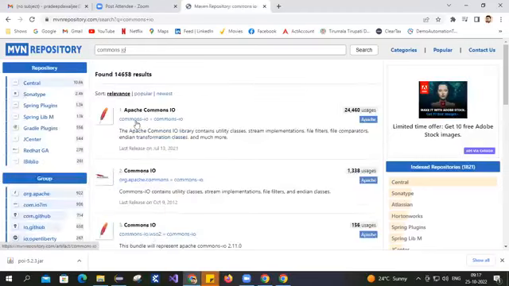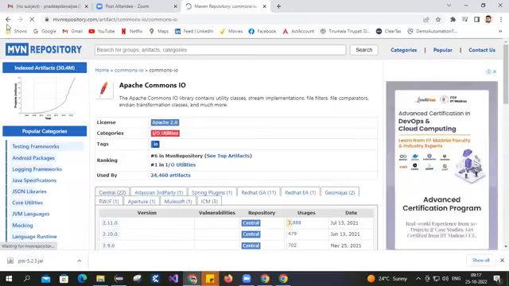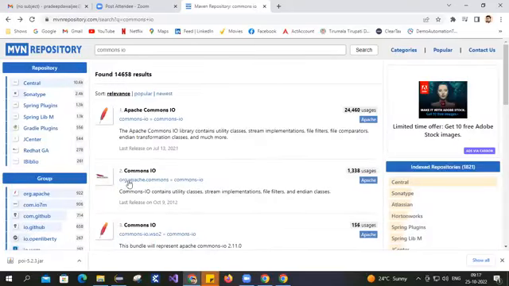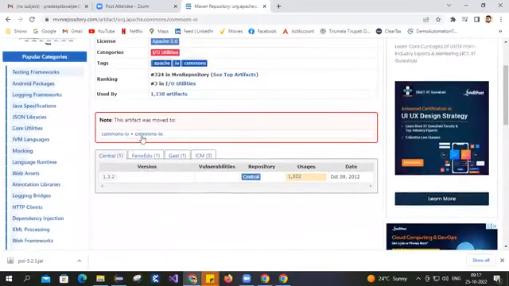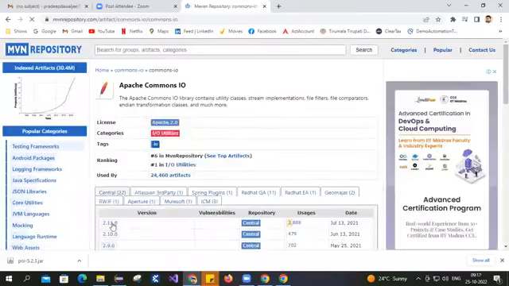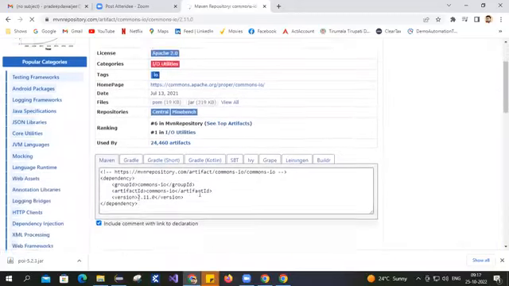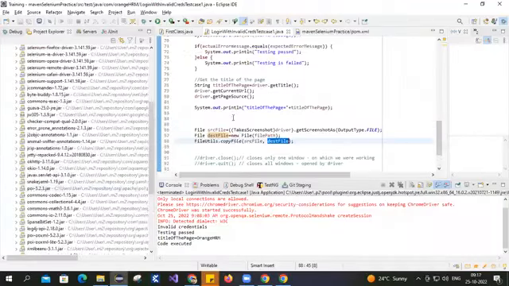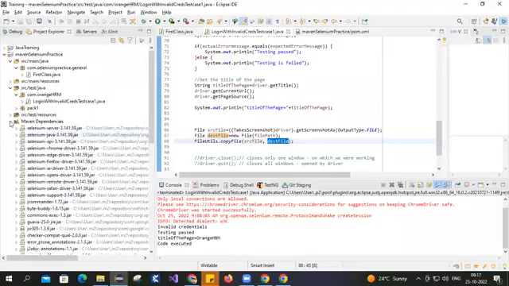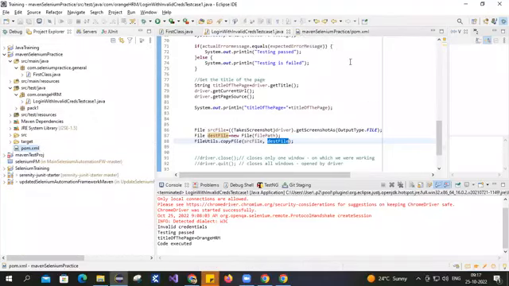So commons IO jar, and then come here, org Apache. Better we need to see, it is org Apache commons IO. Come here, take this, the artifact is moved to this particular location. So here you can come and then take this jar and add that in the location, and then you don't even need to take Apache POI and OXML